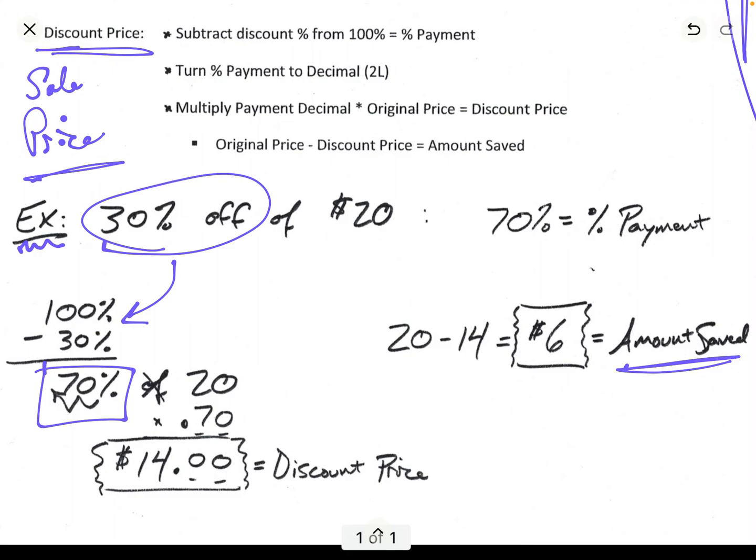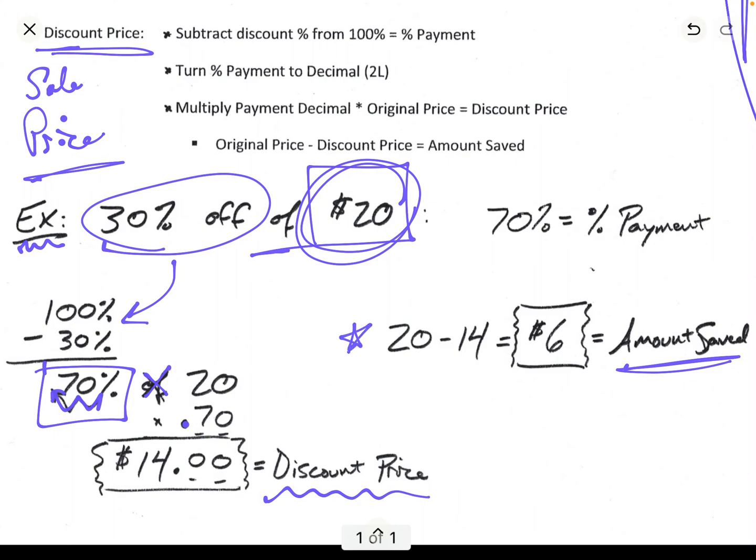So as it says here, 70% of the $20, right? 70% as a decimal is 0.70 times 20, which means that's going to be $14. So that's how much is actually going to be coming out of your pocket. All right, so you're paying $14 even though the price tag said $20. Now the other part of that is how much you're going to save. Well, there's a couple strategies to solve for that. Now, again, not a big thing that we're doing yet, but I do want to show it to you